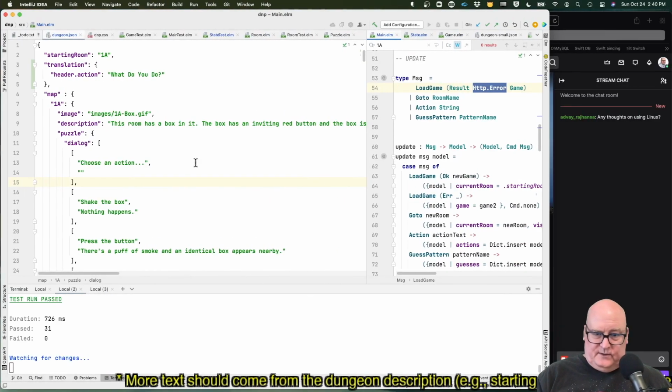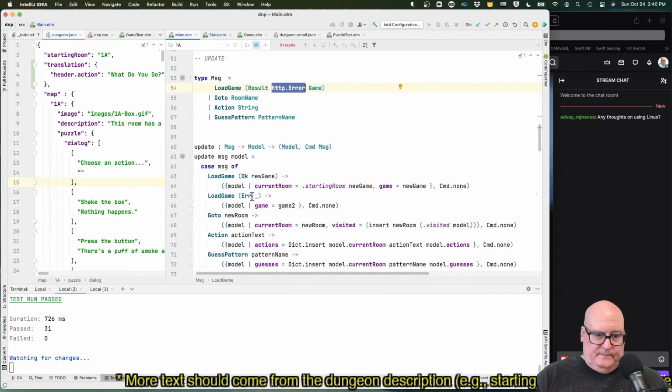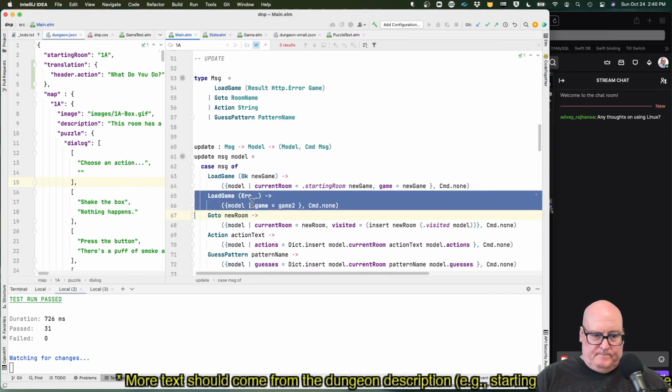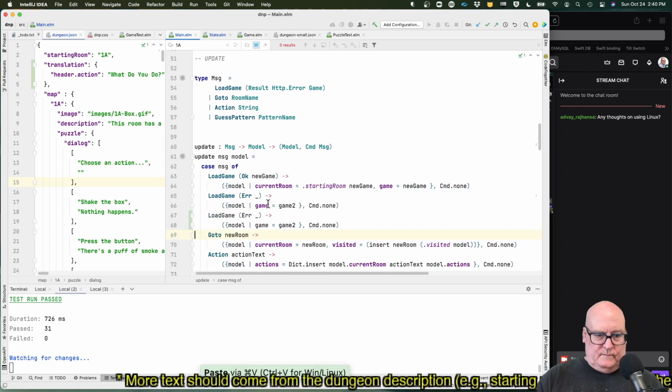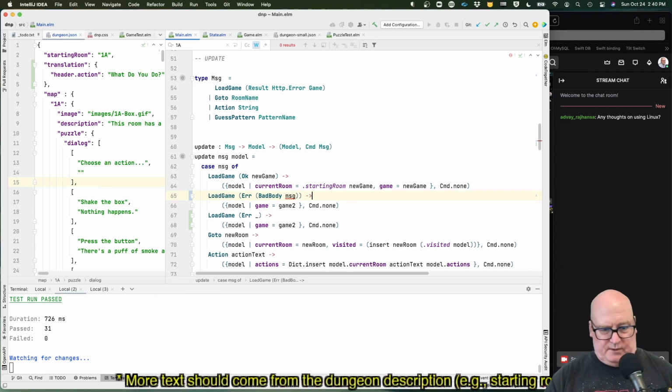I'm not sure how the matching works. Let's say error, bad body of message. I probably overloaded that type, yes.